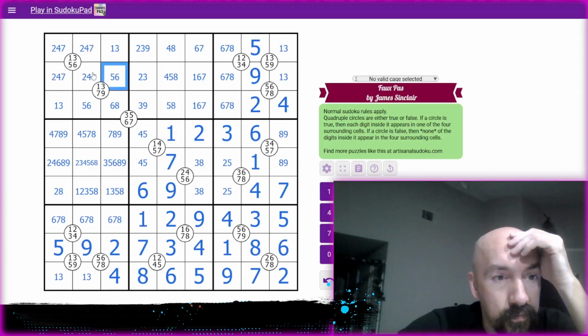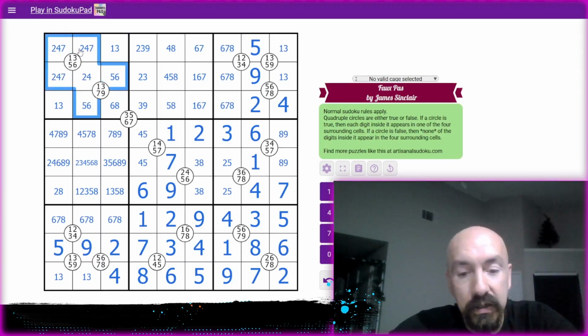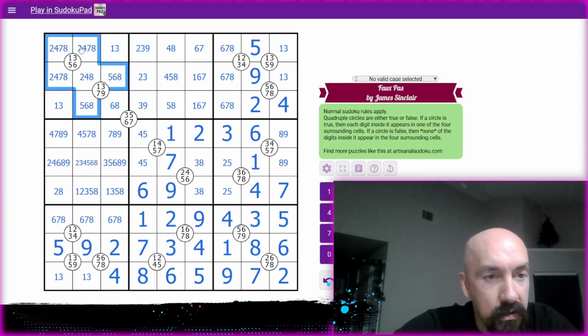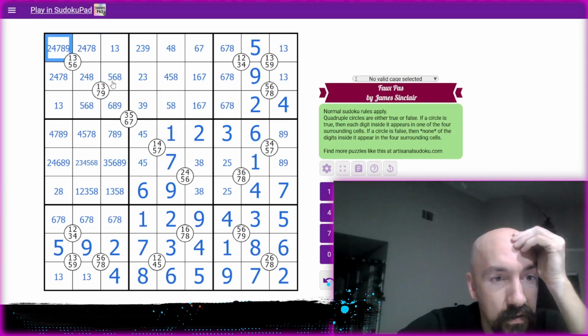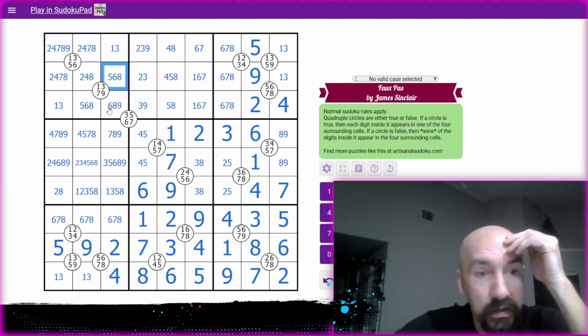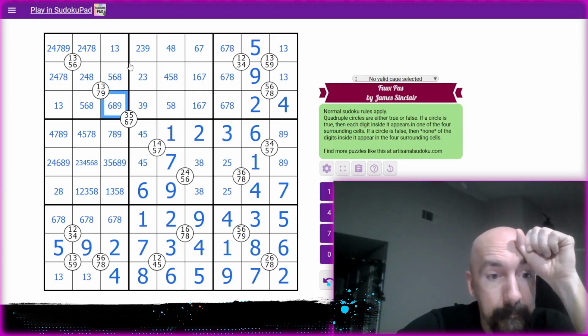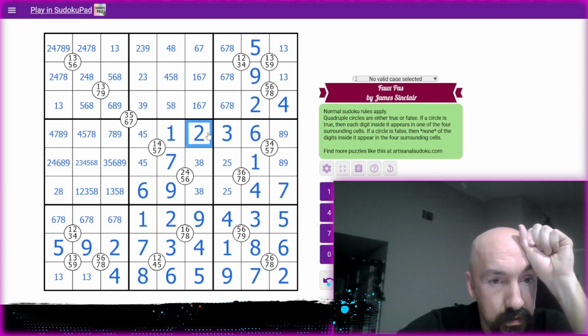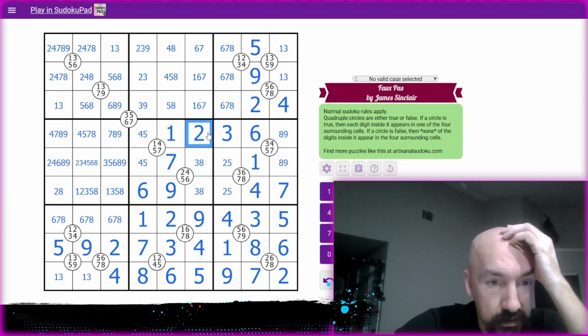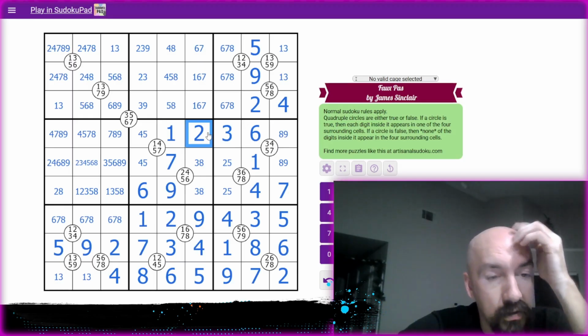I think they can all be 8s. And then 9s are going to be like that. 2, 4, 5, 6, 7, 8, 9. Okay, this is not looking great. I definitely think I drew a little too much there. Okay, so